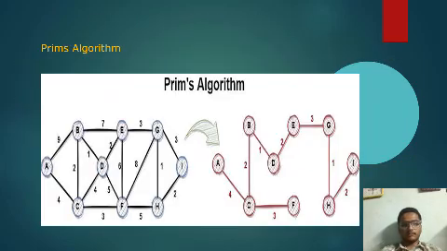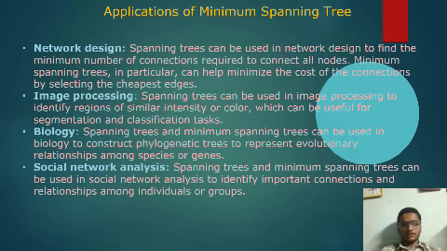Prim's algorithm. Here we have an example and final output. Applications of minimum spanning tree. Spanning tree can be used in network design to find the minimum number of connections required to connect all nodes, and the cost of the connections by selecting the cheapest edges. In image processing, spanning tree can be used to identify regions. Similarly,